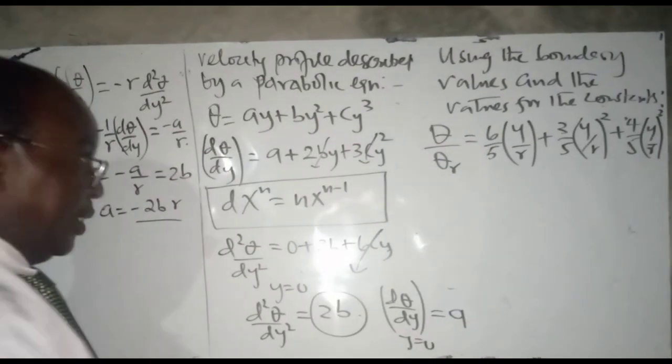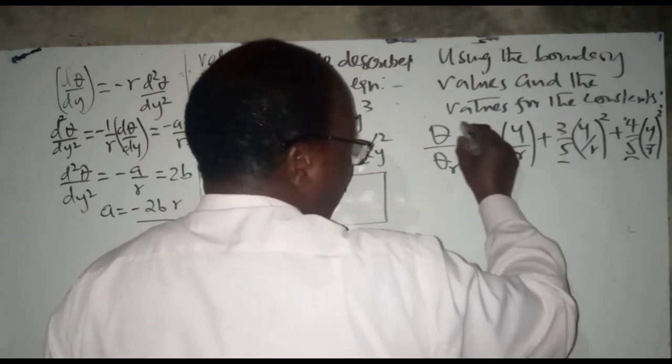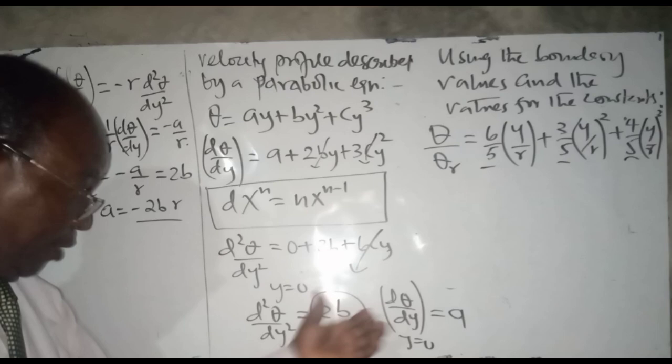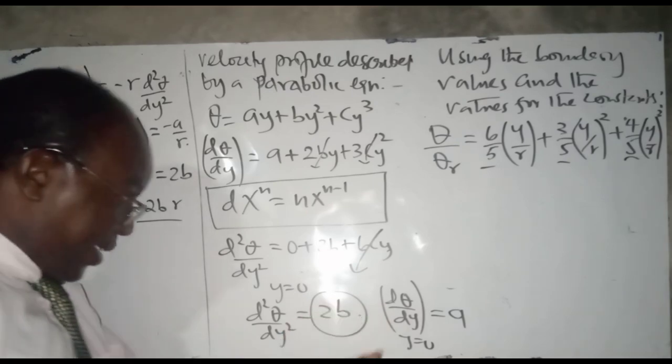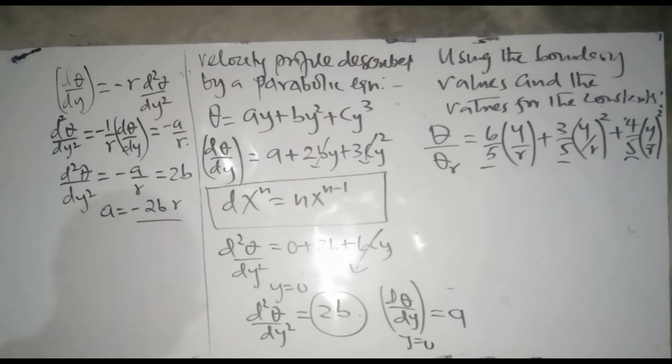So these are the values, these are constants. You can get them once you use the appropriate boundary values and the values for the constants, just like we are solving these particular values here. We can solve for b further, we can solve for a further and get those particular values. So that in a nutshell,